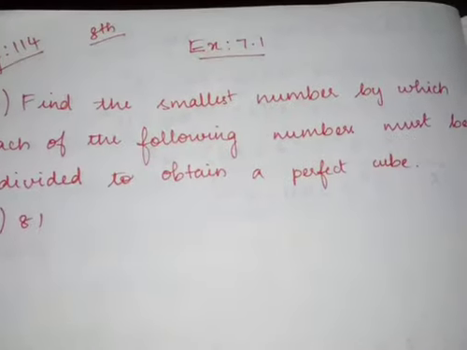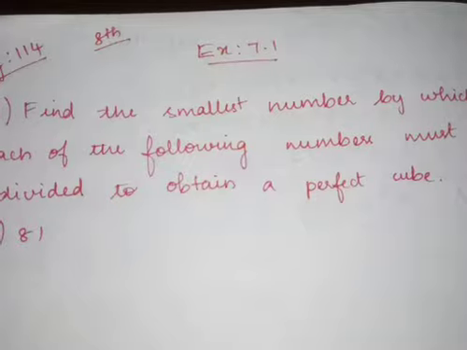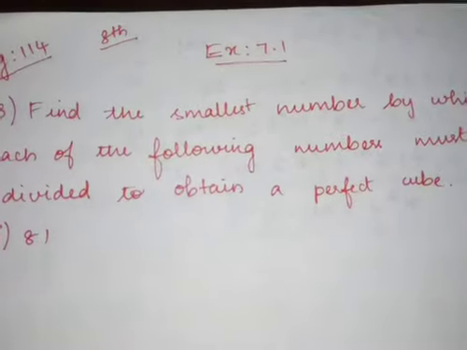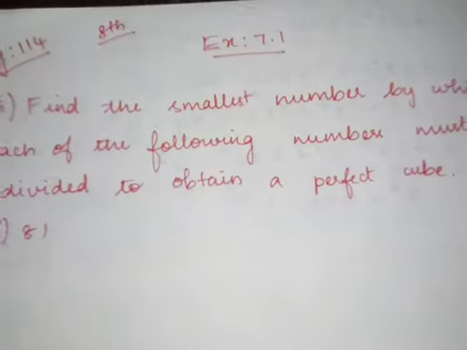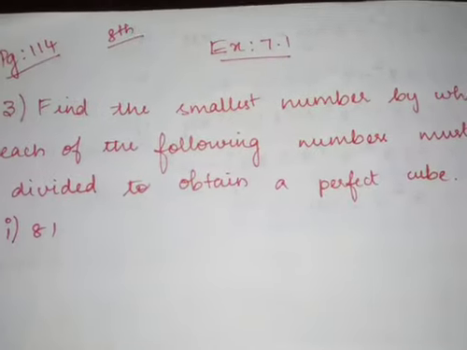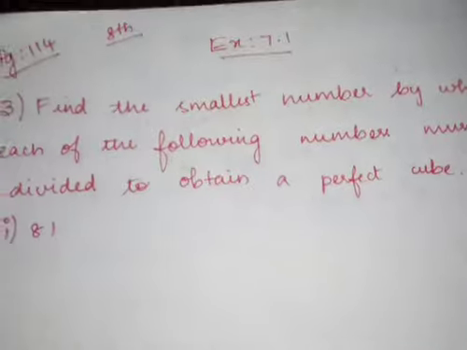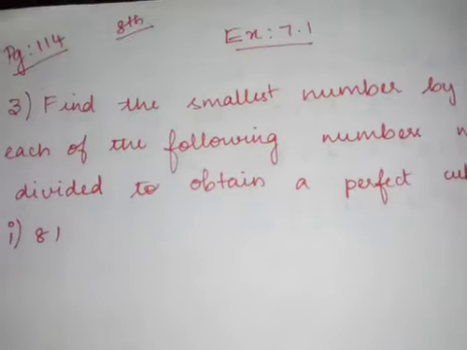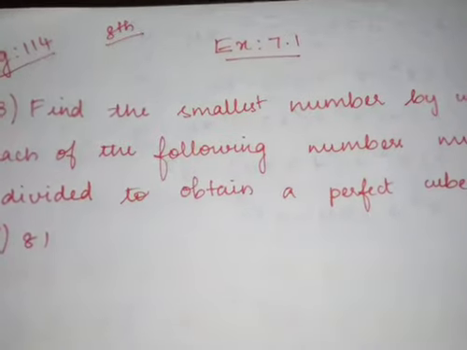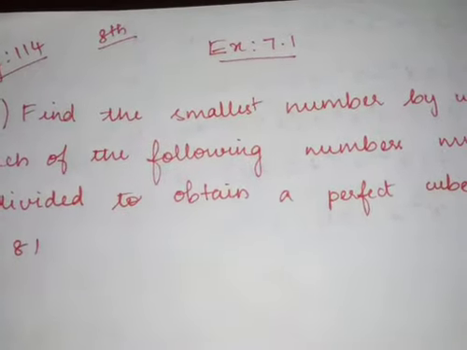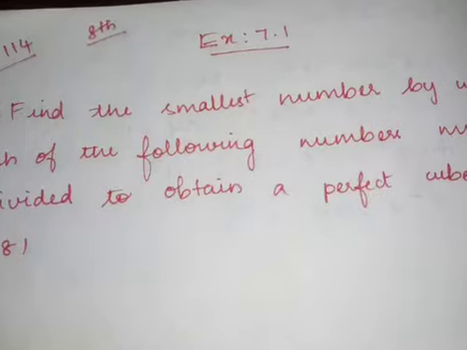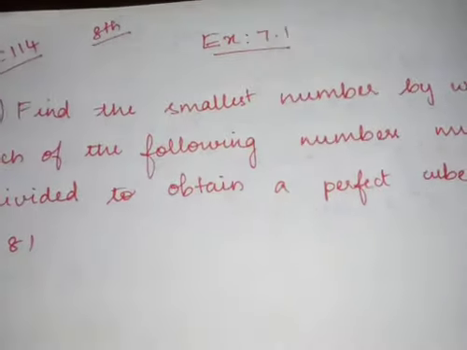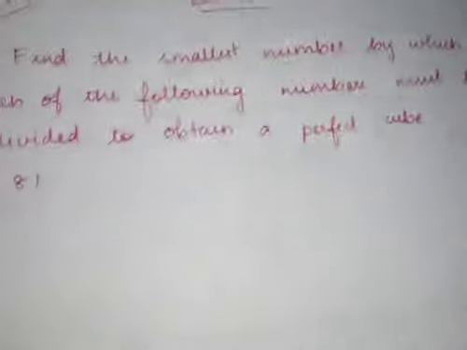Okay, so we are supposed to find the smallest number that should be divided to make a perfect cube. In the last problem it was multiplied, right? Three numbers form a group. If sometimes the group is not formed, you will multiply that number on both the sides. Here, if the group is not formed, you should divide by some number on both the sides. So that is what is given in this question.